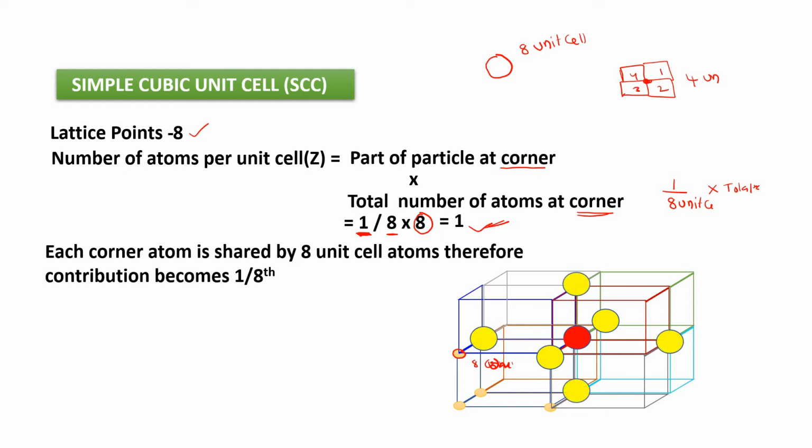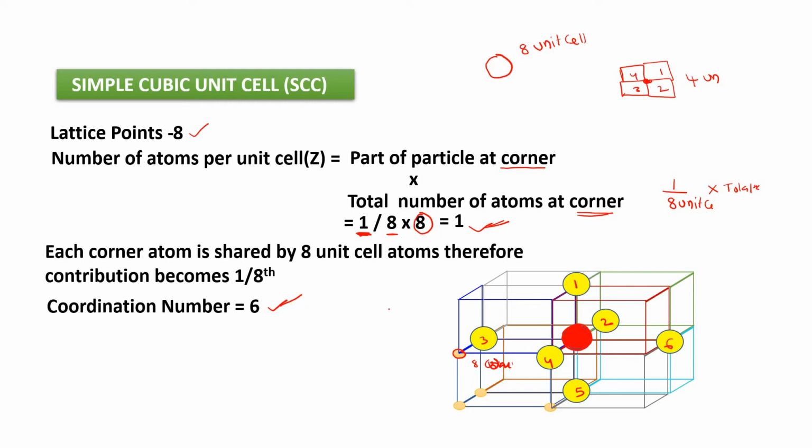Now, if you observe here, how many neighboring atoms are there in this case? If I place an atom at this corner, you can place it at any corner. I am placing an atom at this corner. Now, this is neighboring with how many atoms? If you observe here, 1, 2, 3, 4, 5, 6. So, the coordination number here is 6. That means any atom at the corner of a simple cubic unit cell is surrounded by 6 atoms like this. Therefore, its coordination number becomes 6.